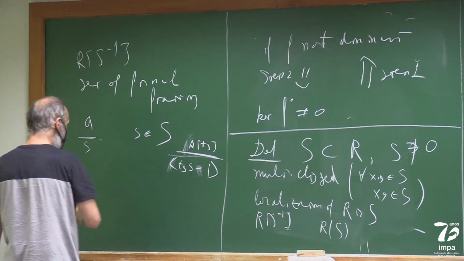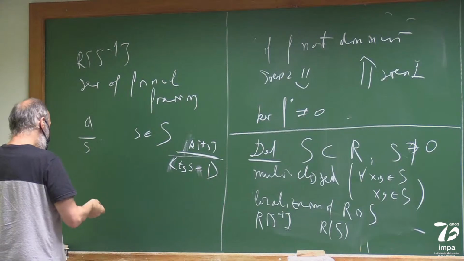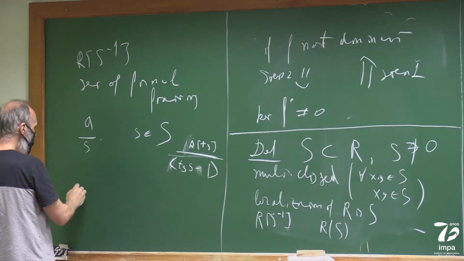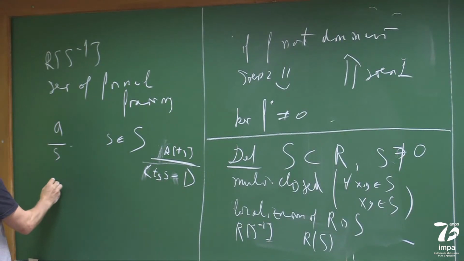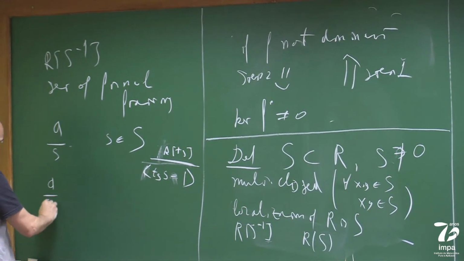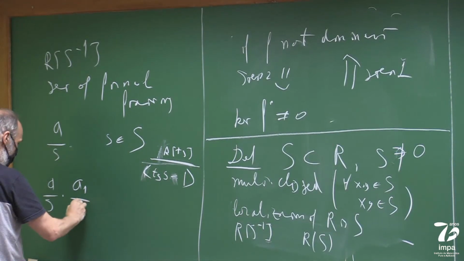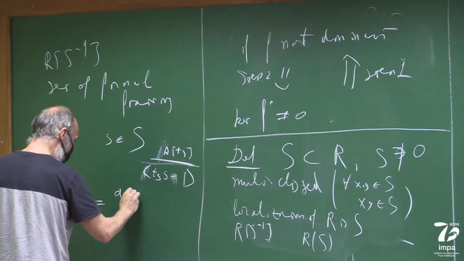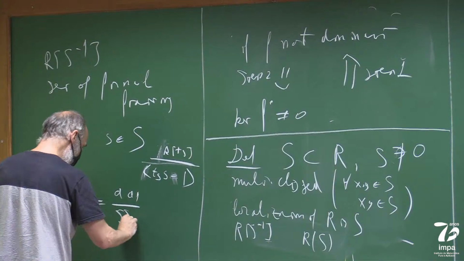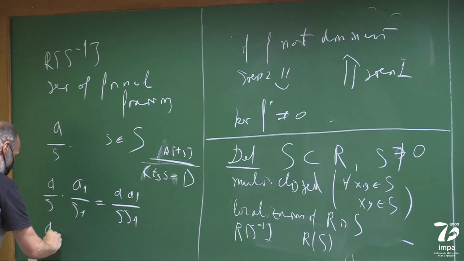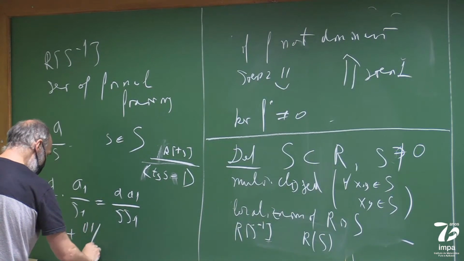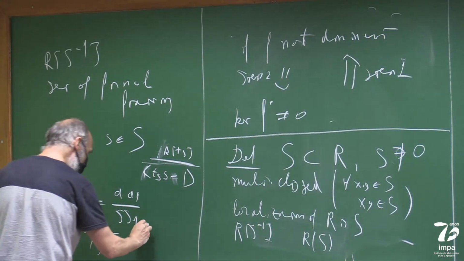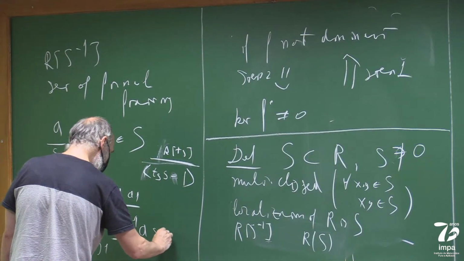Or you can just formally add fractions, and you define multiplication by saying a divided by s multiplied by a1 divided by s1 is equal to a a1 divided by s s1, and a divided by s plus a1 divided by s1 is equal to a s1 plus a1 s